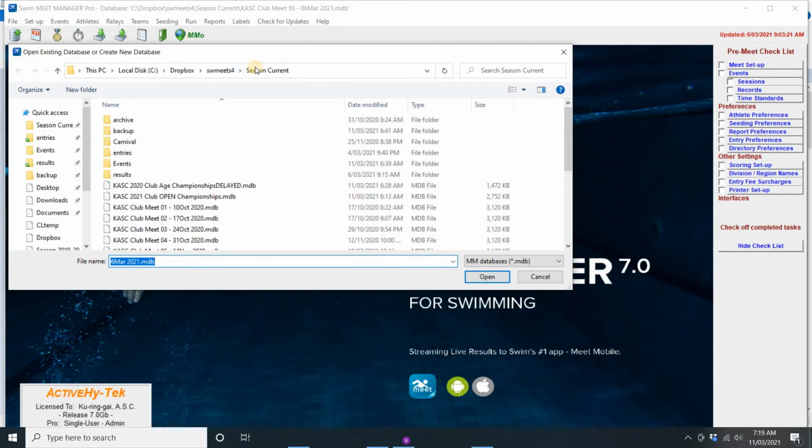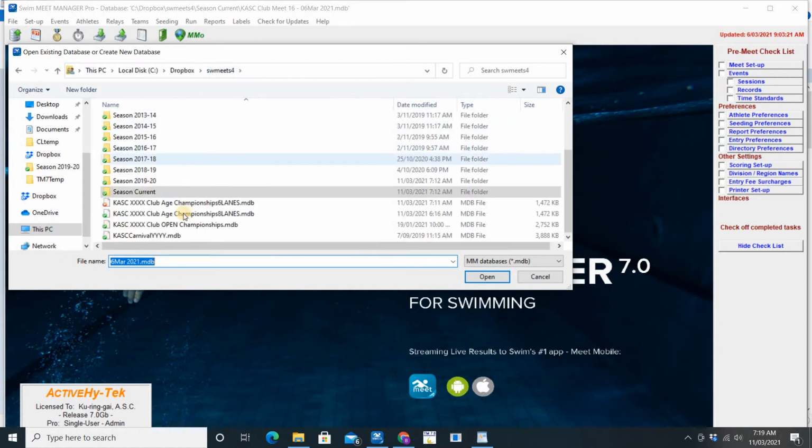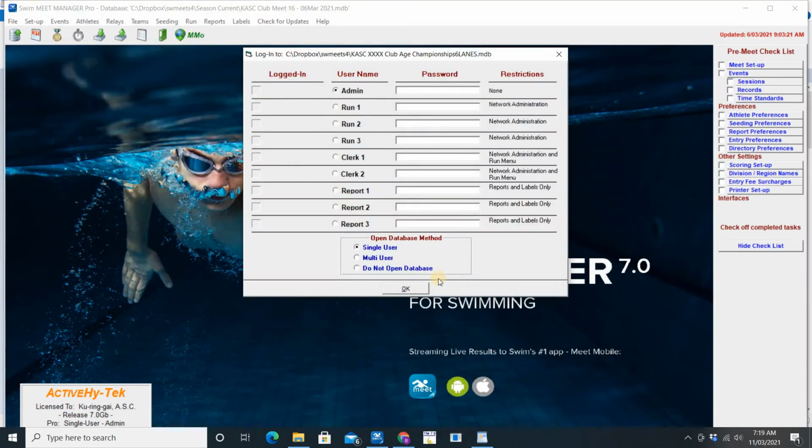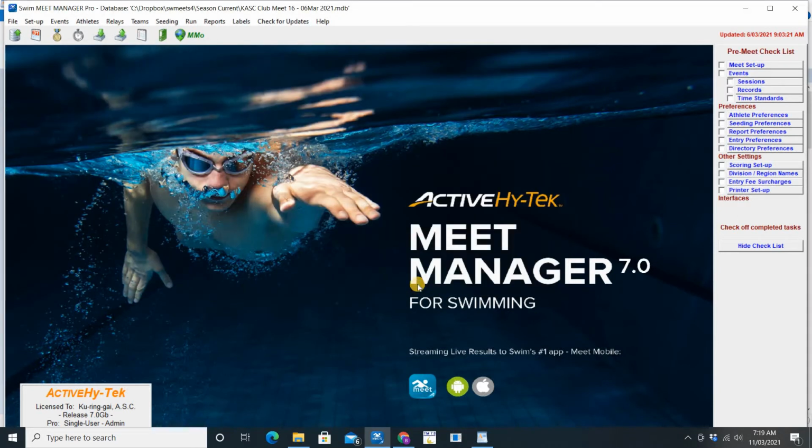Now you'll see normally we're in the season current folder, so I'm going to go up one level to the templates. There are two templates here, one for 6 lanes and one for 8 lanes, depending on whether you're doing it in a different pool from the normal one. So I'm going to open the 6 lane one, and then like you do every week,